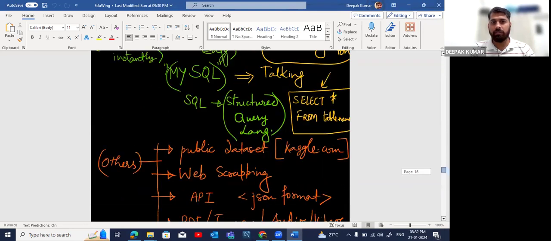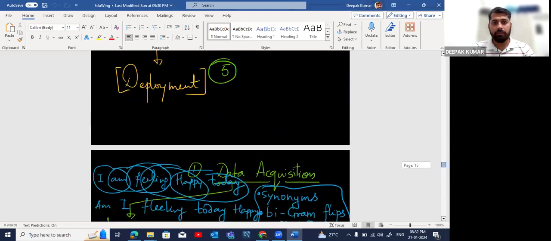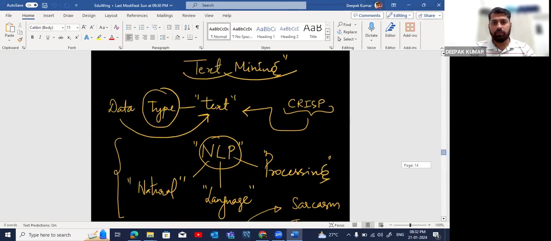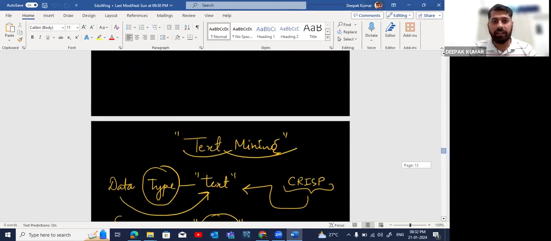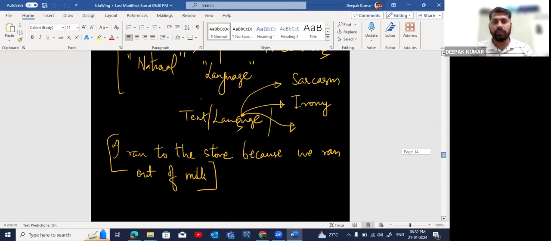Text preparation means, especially, the pipeline. If you remember, let me remind you what we have done. We went through natural language processing, especially text mining, where we have seen the type of data that we are going to deal with from now on would be text, especially. And CRISP-DM we have already seen in the previous class, whereby natural language processing means language which we as human beings speak